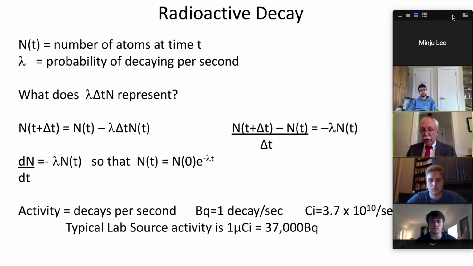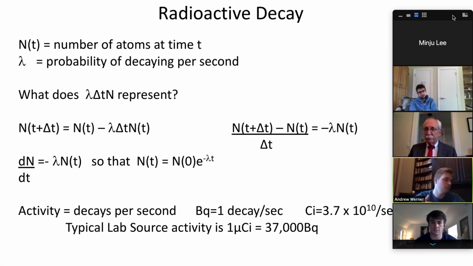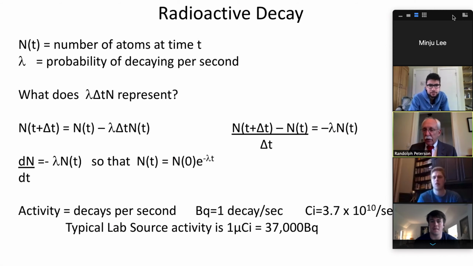And so if you can get the material, find out how much carbon it has, and then find out how much carbon-14 is there, then you can work backwards and figure out how long ago that object was living. So there's a famous example of this. It's called the Shroud of Turin. Do you know what that is? I do not. Okay, a shroud. Do you know what a shroud is?